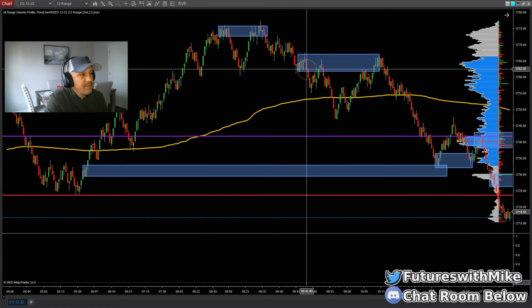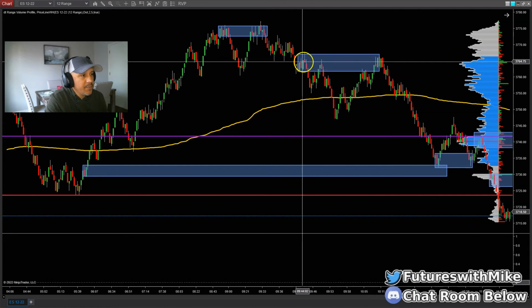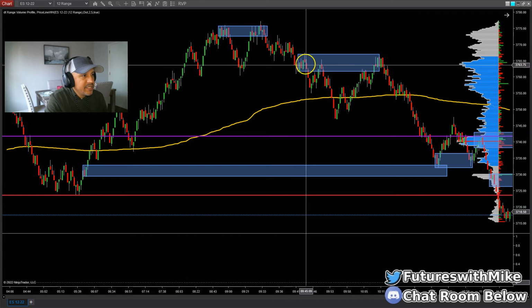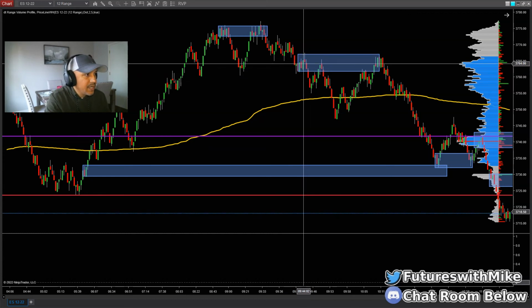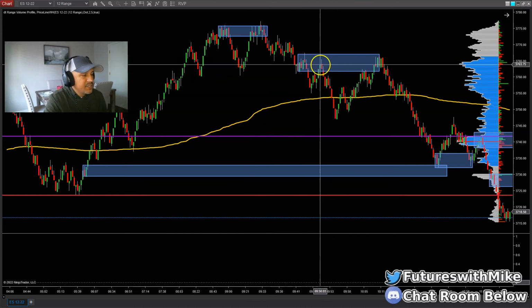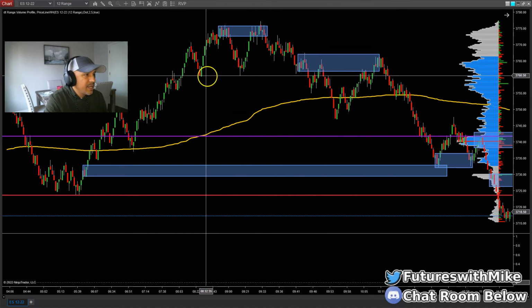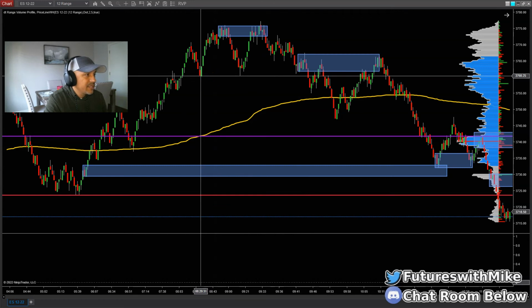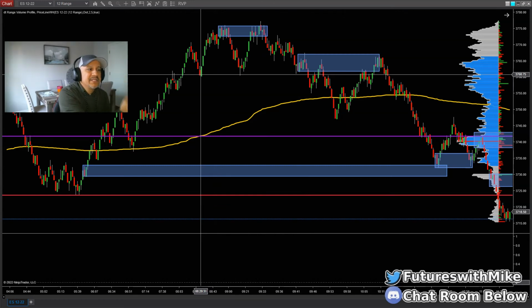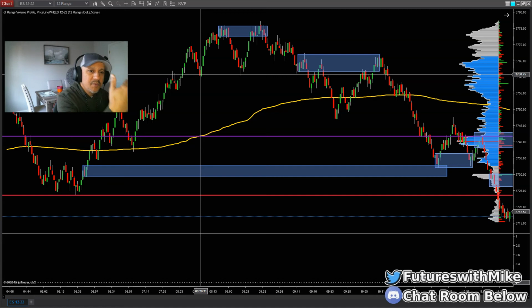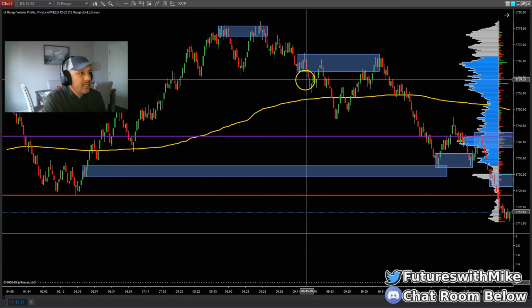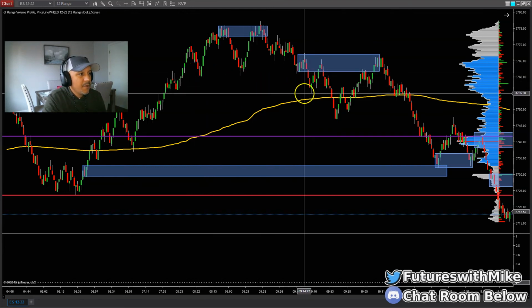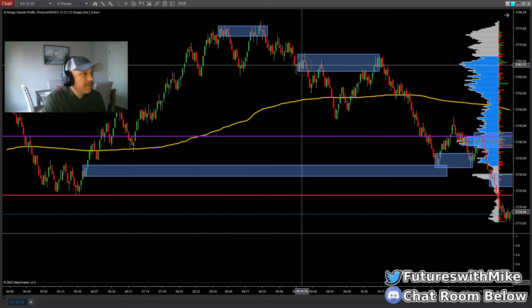Now you have an area of demand, supply, sitting right here up in this area. Why? Because the swing to the downside, price action following suit, making lower lows and lower highs, pulled back to this zone here. This swing here to the downside took out structure over here, to the left-hand side of the chart. That's why I said you have to look to the left-hand side of your chart to see price movement, price action, what it did as it was following suit. So it broke structure here to the downside, took out support, pulls back. Now this area here becomes supply.